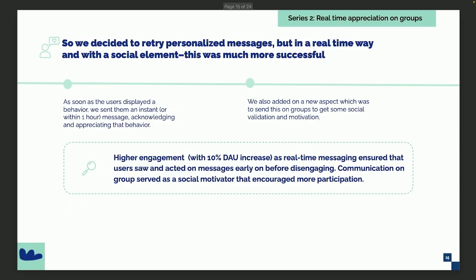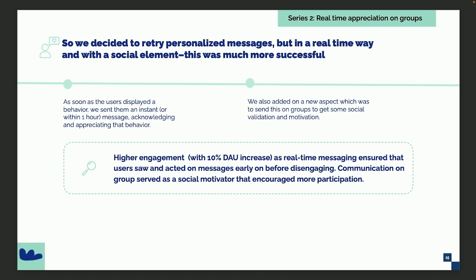And so then if you go to the next slide and we see the next series, series 2, then we decided to try it in a fairly different way, where we said, look, we'll send it within an hour of somebody sending us a message, right? We will send them an appreciation message saying, great job, you did some learning with your kid today. And we said, okay, let's actually start trying to send it on groups. Now, the limitation on groups is that, of course, you are sending messages to many people, so you can't bombard it too much. So we're sending to like 5 parents, all of whom had messaged in the last hour, saying, oh, great job that you sent this, right? And we actually saw that this real-time engagement saw a huge jump,